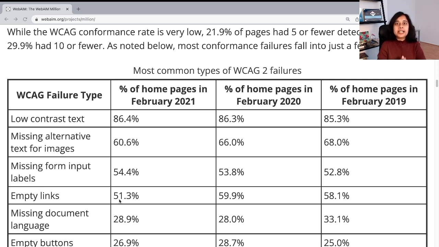So we definitely are talking more about web accessibility these days, and work is being done, but it is not enough. It's good, it's positive that we are thinking towards that, but we need to do more. We need to talk a lot more about it. We need to focus more on web accessibility. So, this was a brief introduction to accessibility, and I hope this was useful to you.